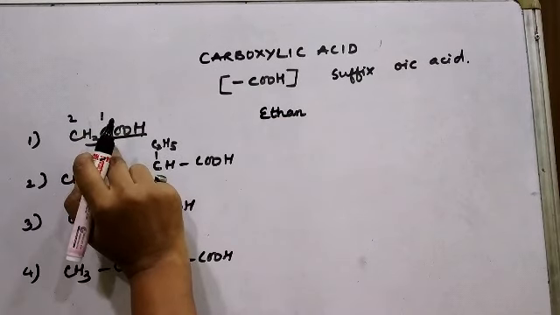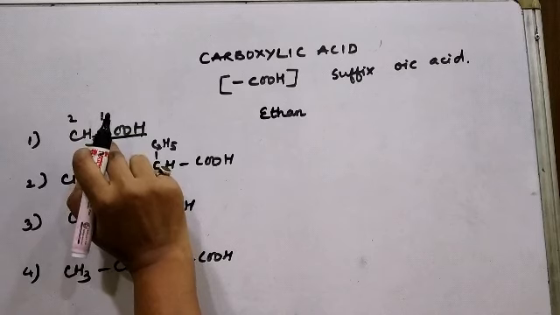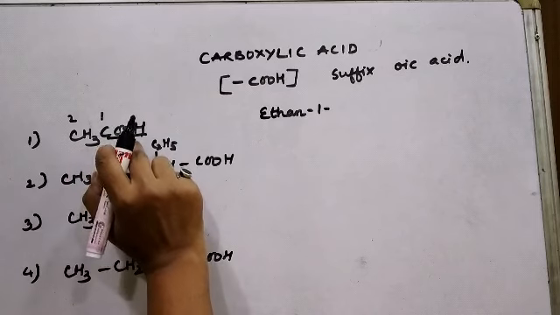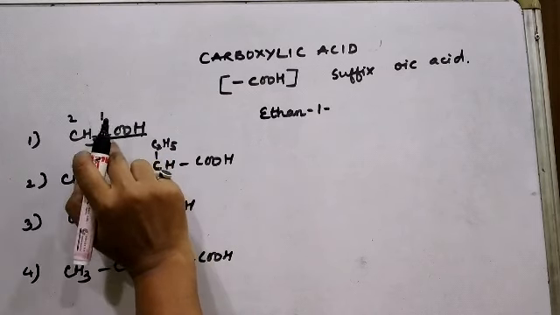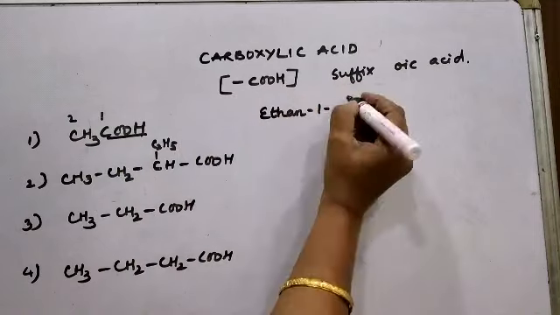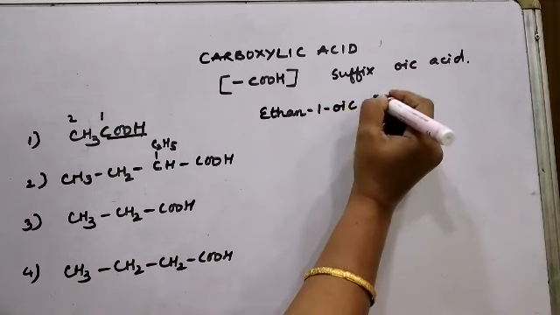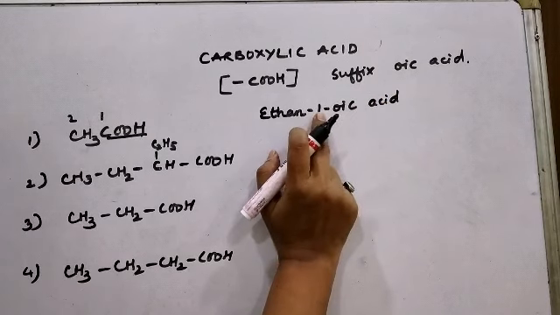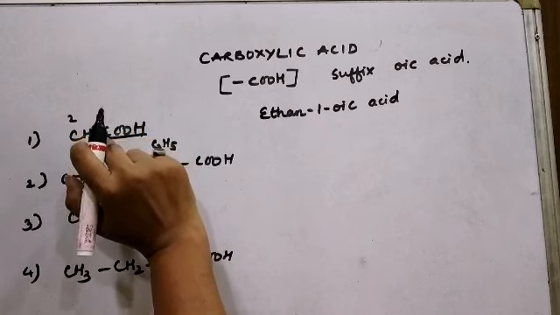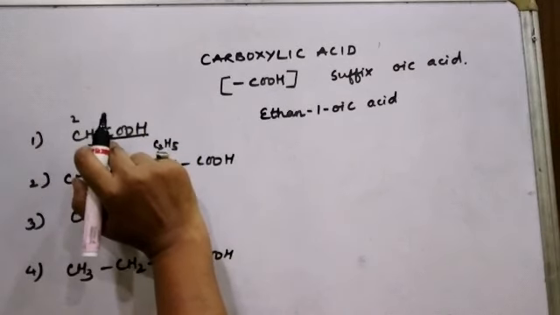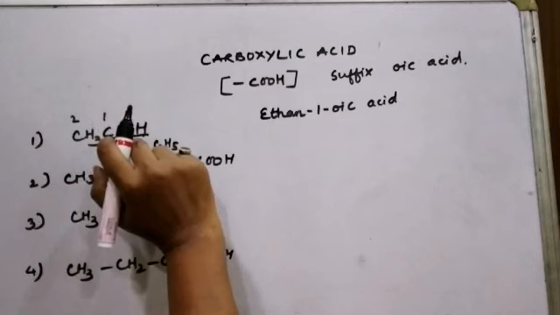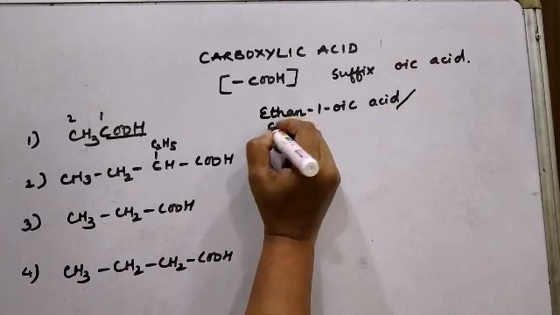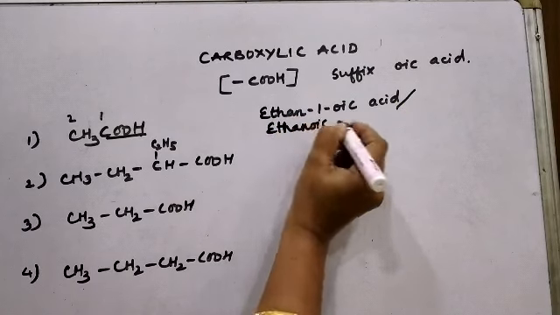The functional group is on carbon atom number 1. Therefore, I can write down the position of that carbon atom on which the functional group is located, 1. And since it is an acid, as I said, the suffix will be oic acid. Normally, we do not write the position of the carboxylic acid if the carbon atom is on position number 1 on which the acid group is located. So we can write it as ethan-1-oic acid, or we can also write it as ethanoic acid.